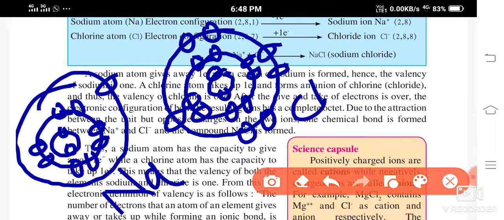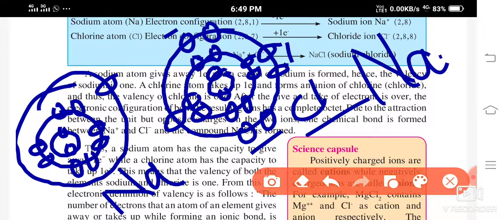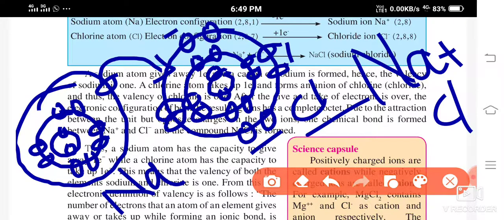And chlorine cannot give away all these 7 electrons which are present in the outermost orbit, right? Instead of that, it is easier for chlorine to take 1 electron. So what is going to happen in this bond between sodium plus chlorine, this one electron is going to get transferred to this,